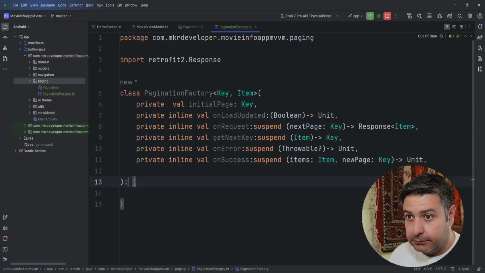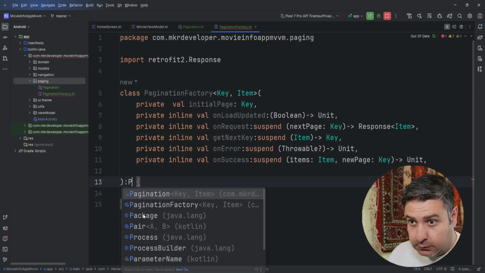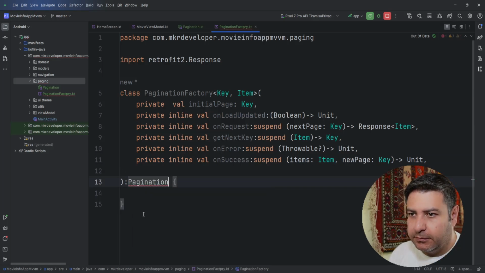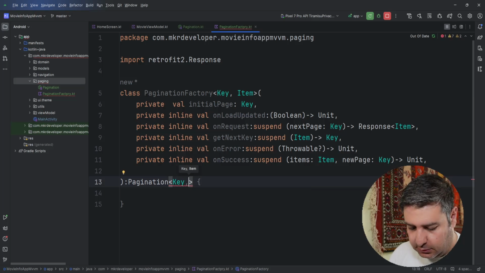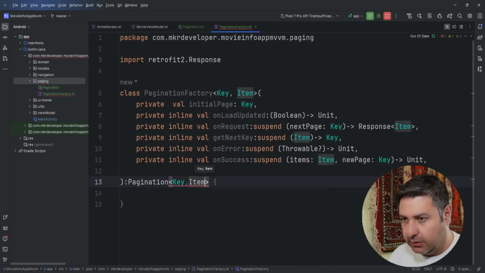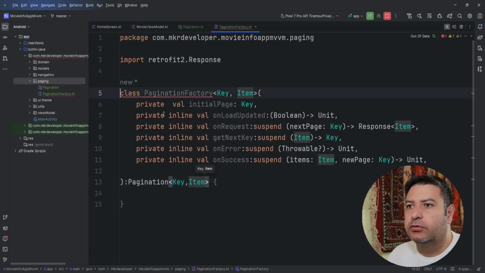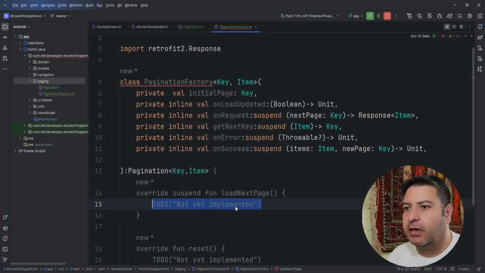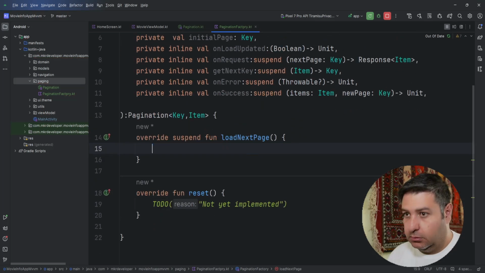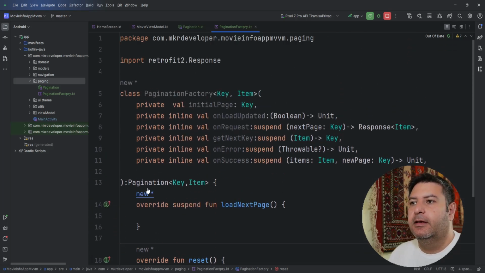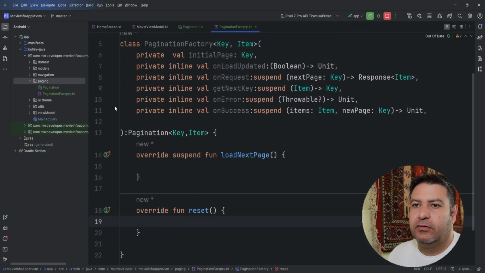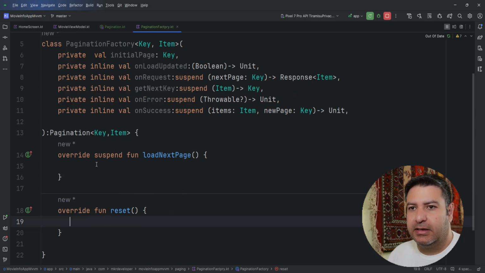Then here it inherits from the pagination interface. Again, the key and the item should be here, and here we should implement the members. We had two functions, so we should override them here to do whatever we want here, to send the command. Okay,